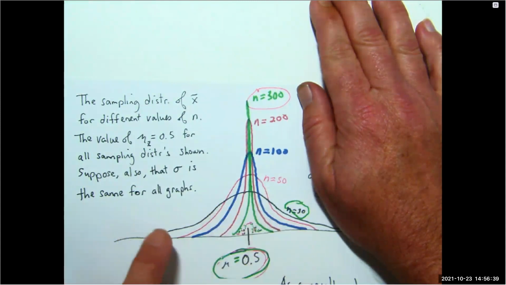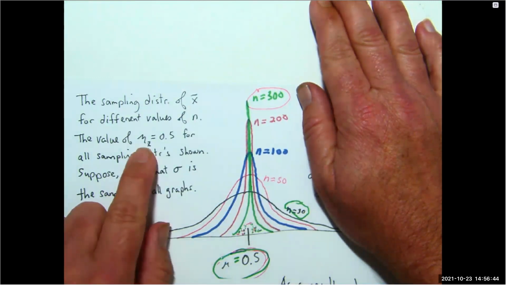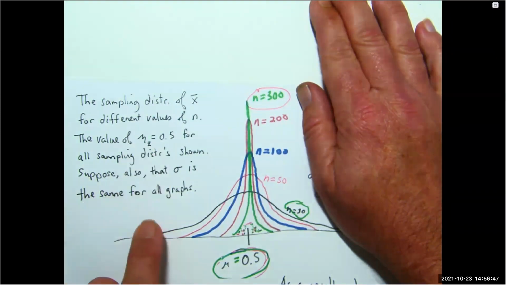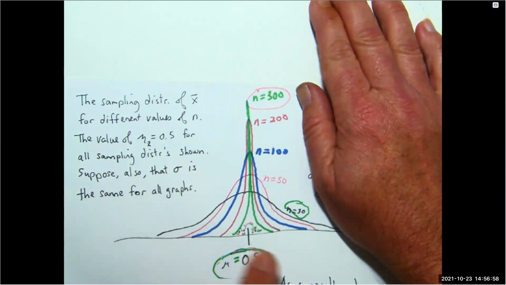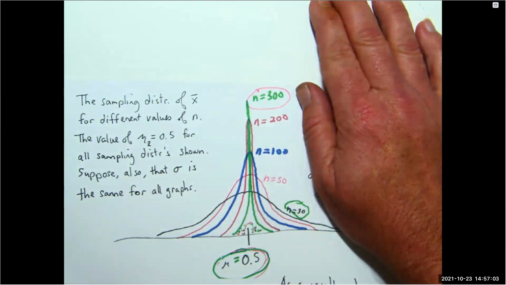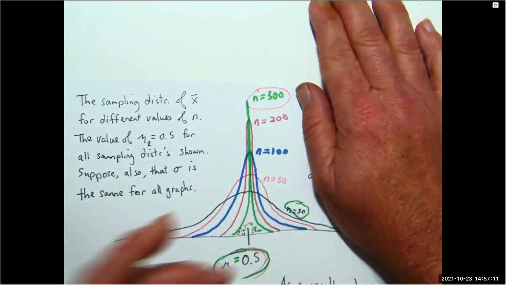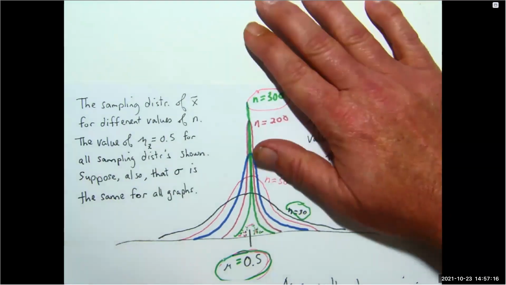All of these sampling distributions have the same value for mu sub X bar. The value of sigma, the population standard deviation, will be the same for all these graphs. And what happens here is, as your sample size gets larger, the sampling distribution graph gets more narrowly centered around its mean. And so what that means is, as the sample size increases,